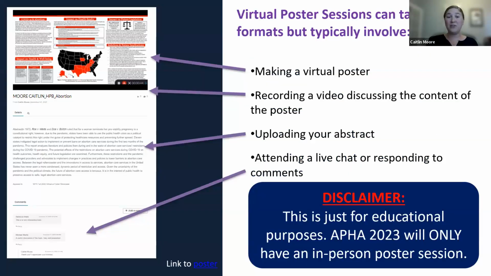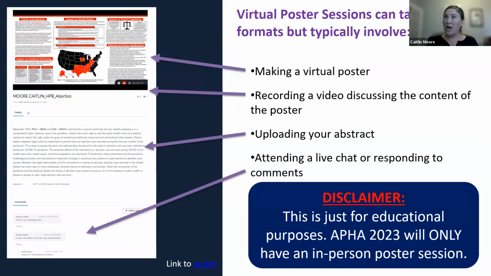Okay, so now briefly, we're going to go over what is a virtual poster session. Also, y'all are really going to get a deep dive into my poster session history here, starting with my first poster, which was a virtual poster in December 2020 from my graduate program. So here we are. With a virtual poster session, it can take multiple different formats. We've done some before too with the Sophie conference as well with Laura and I, but what you're going to need to have is the same thing, basically just a virtual template for a poster.